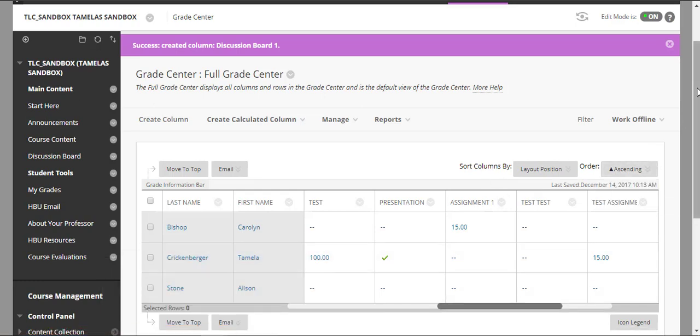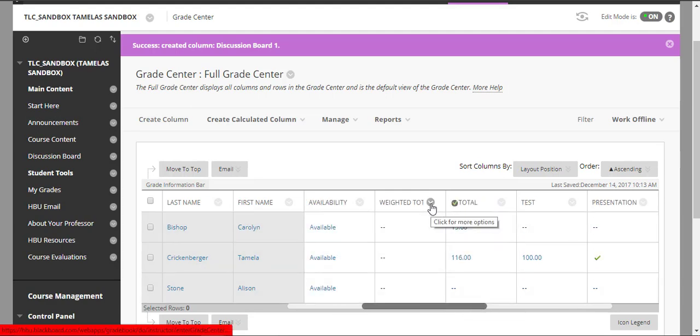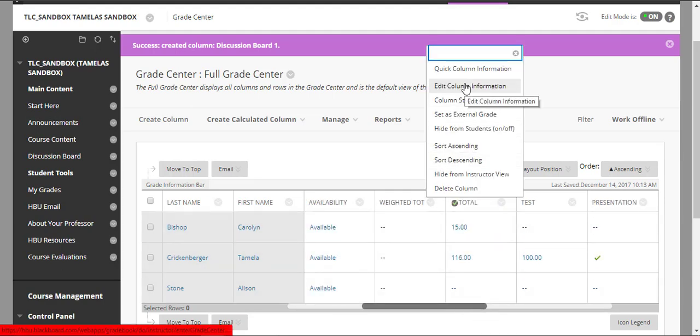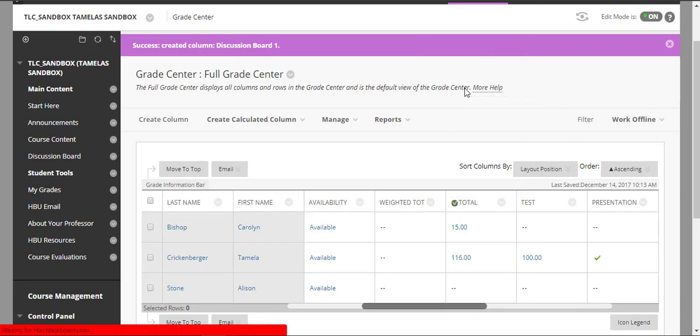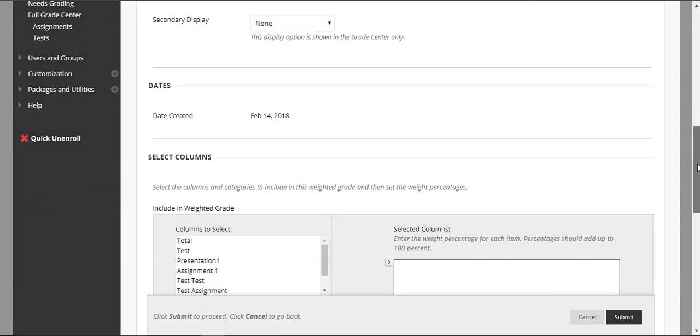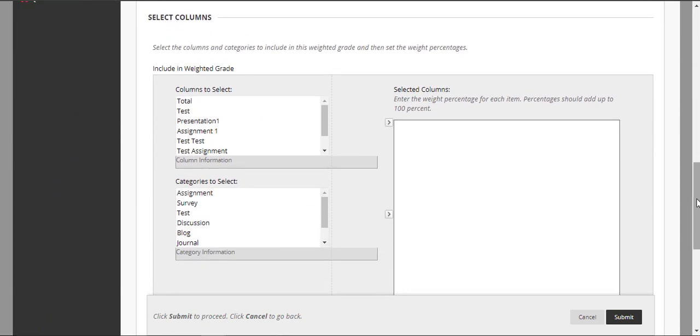So when you are in Grade Center, you should have a weighted total column. Click the chevron, click Edit Column Information, and scroll down. You'll see that there are two ways to weight a grade. You can either do it by individual assignment or by category. I suggest that category is used so that any assignment that has a category of, let's say, test,